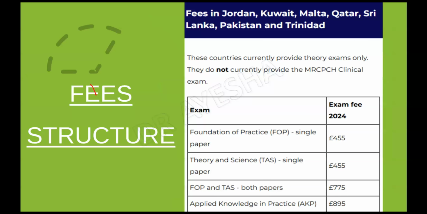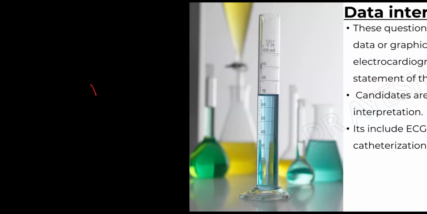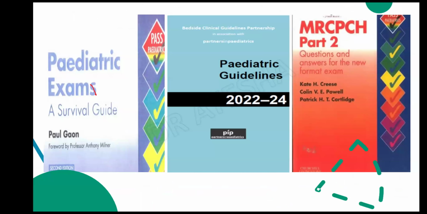It's 900 pounds, it is more expensive than your FOP and TAS. 775 is your FOP and TAS, and 895 is for AKP. So that is why the sincere advice for those, especially the main majority of the candidates who are currently in training,